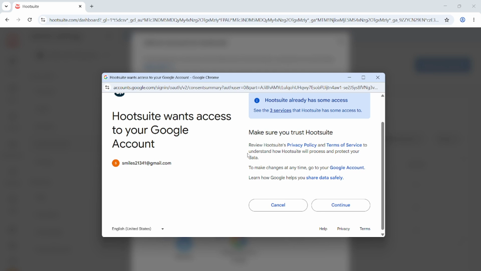You should follow the on-screen instructions and ensure the owner completes the approval successfully. After the approval is completed, you may be taken back to Hootsuite, or the connection may take a moment to finalize. During this time, Hootsuite is usually checking that authorization is in place. If you do not see the new account instantly, it can be normal for a short period to pass while